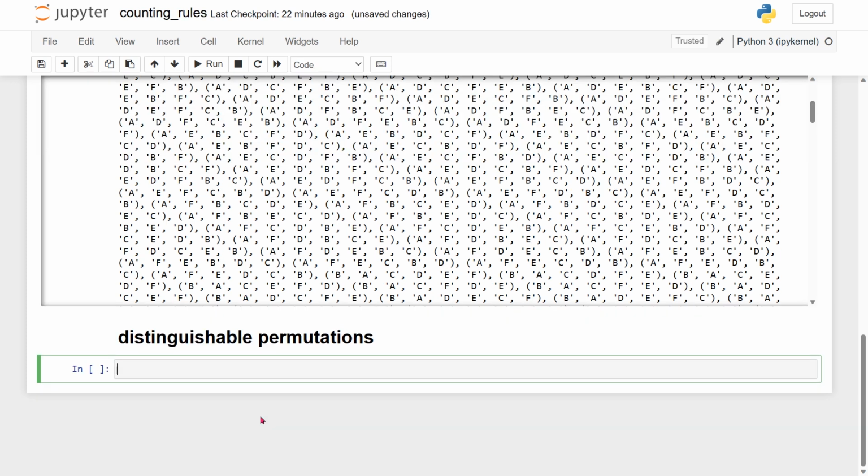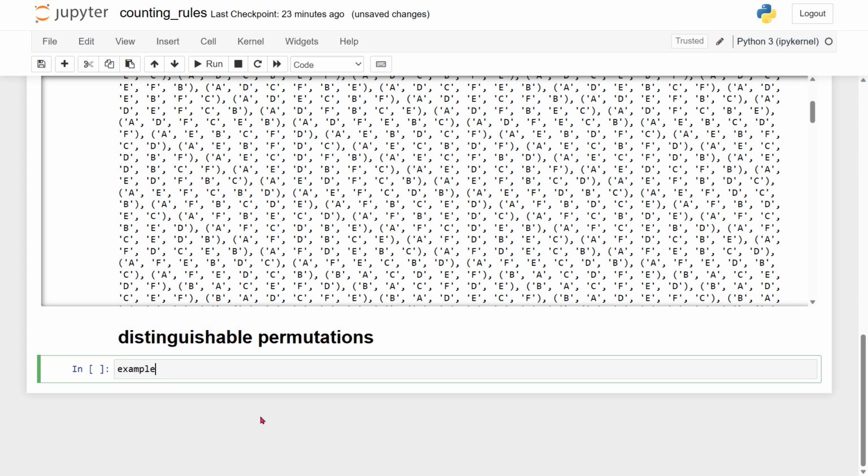So another example is when we have a set of objects that are arranged in a circle, such as beads on a necklace or seats at a table. In this case, the order of the objects matters, but the overall orientation of the circle does not. Therefore, we need to divide the total number of permutations by the number of rotations of the circle that produce the same arrangement. For example, if we have three distinguishable beads,